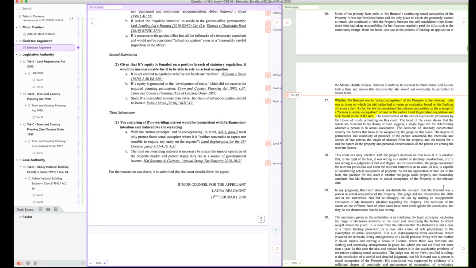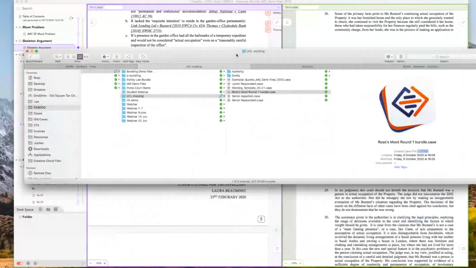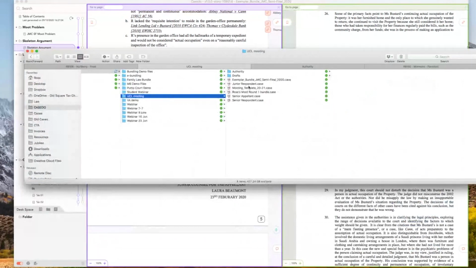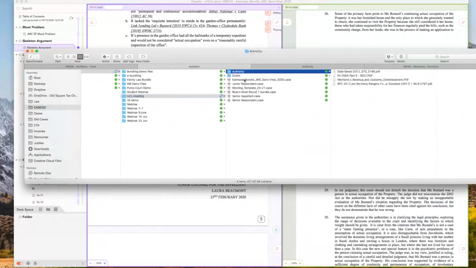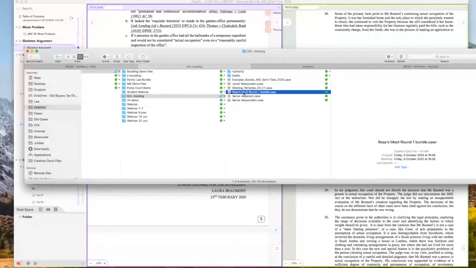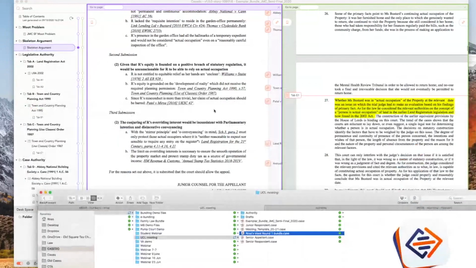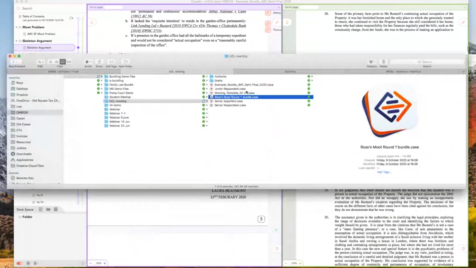How do we share a bundle together? Well, sharing a bundle is as simple as copying the file. So if I go to my Finder window and I go to Casido, and you can see in my UCL mooting folder, I've got the authorities and things like that, but I've also got a bunch of case files. So this one, Ross's Moot Round 1 bundle.case, is the file we just created. That has within it all of these documents. That is the file I would send to the judge or whoever I needed to send it to for my